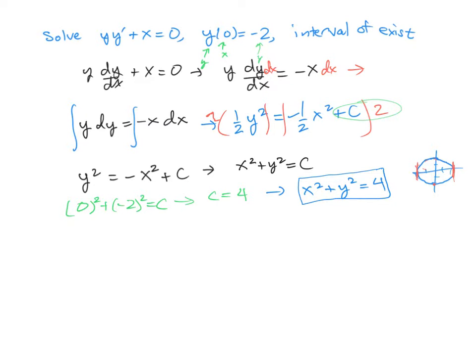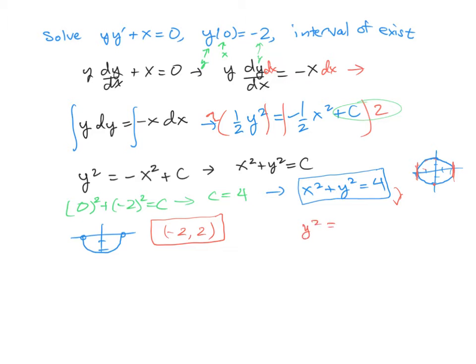So to actually sketch our solution, it's going to be the bottom half of a circle of radius 2, and it's going to have open circles at the end because we can't have derivatives at those locations. So the interval of existence is going to be from negative 2 to 2. And again, excluding endpoints. And if you wanted an explicit solution, you could algebraically solve for y by subtracting x squared from both sides,